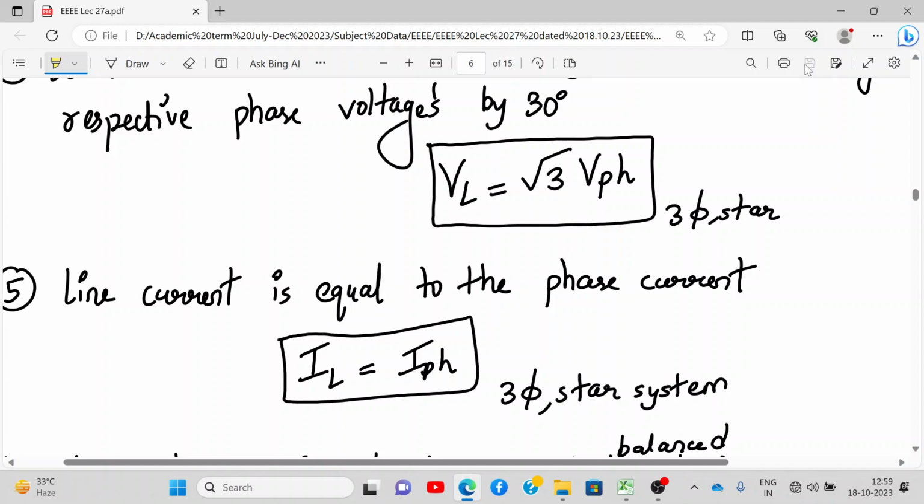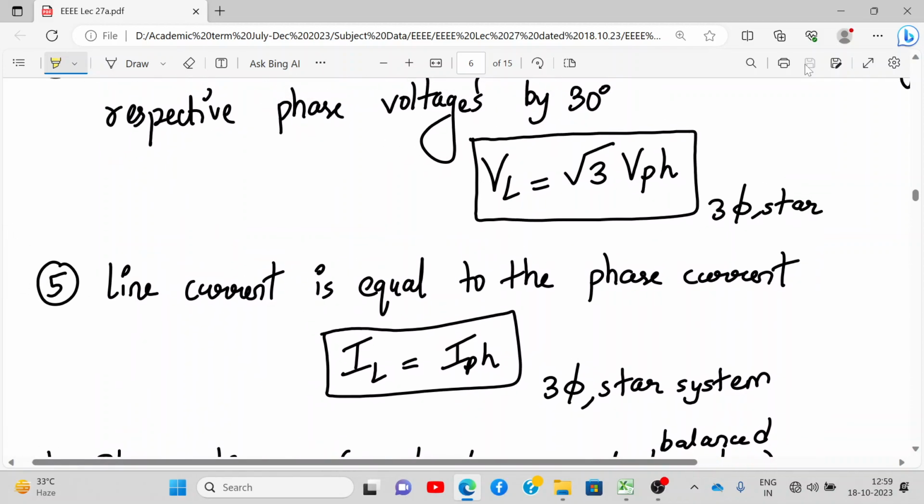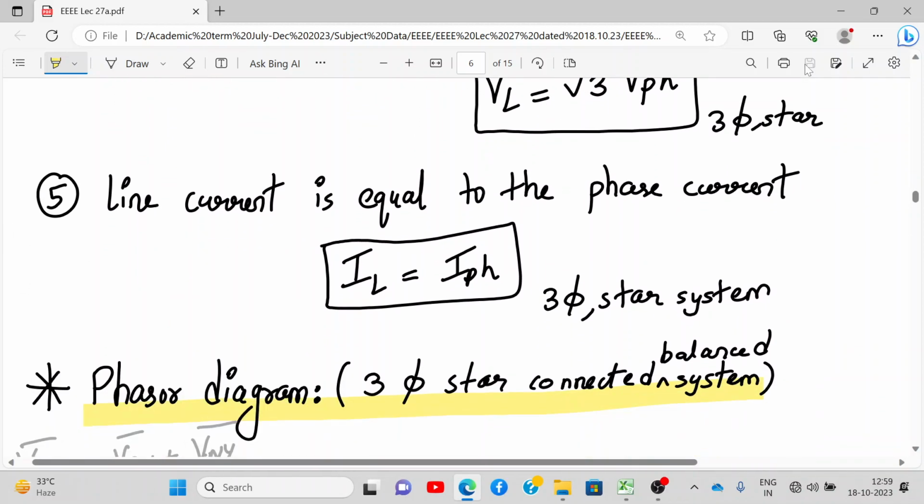Now the most important and challenging part is drawing the phasor diagram for this system. Draw the phasor diagram for this system. Meaning, what is the difference between the phase voltages? 120 degrees, right? Now we also have to draw the line voltages. So the phasor diagram will contain